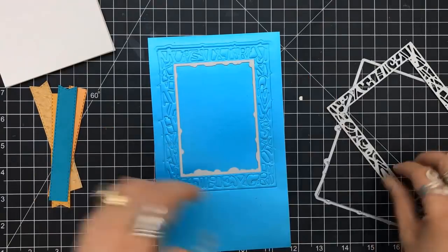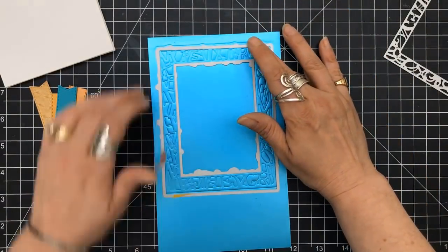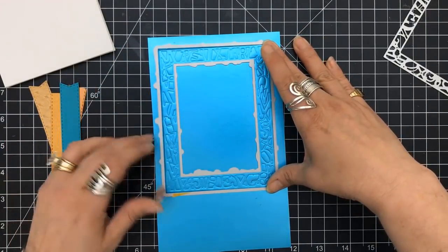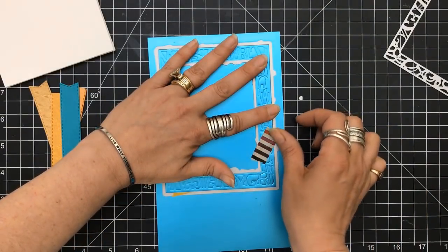So I thought it was really cool. Something different. Again, that's what we want to do. We want to do things different. Now I'm taking the two frame, the inner and the outer, and I'm going to snap them into their place,